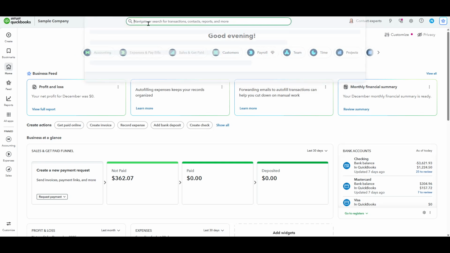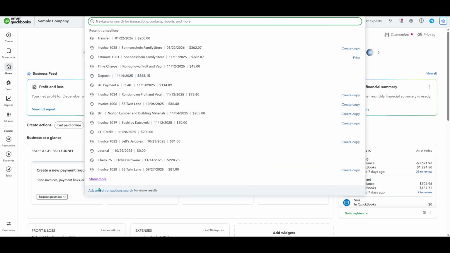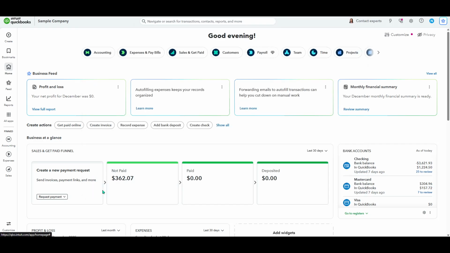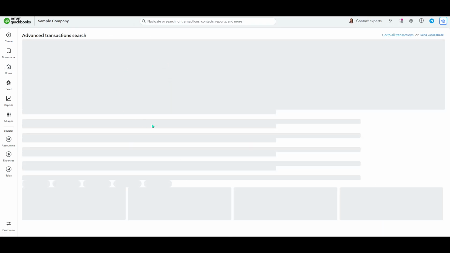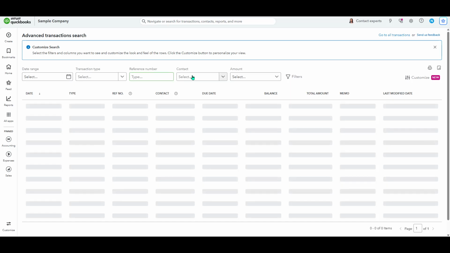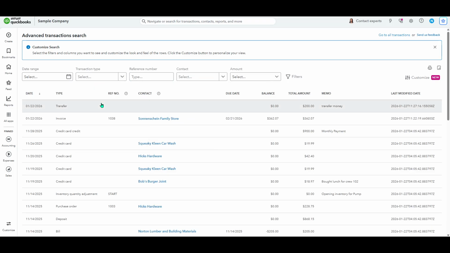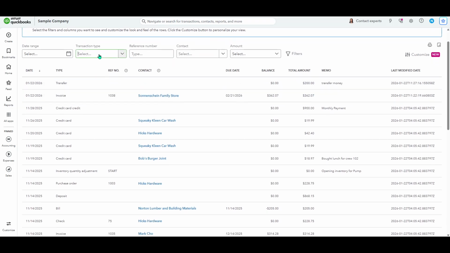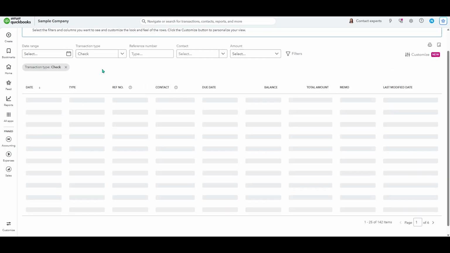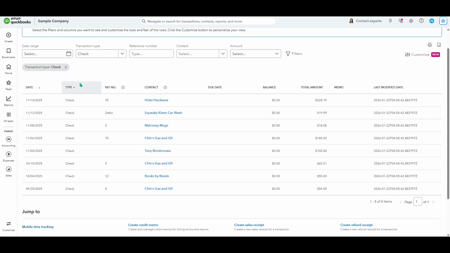Next, set the transaction type to check. This tells QuickBooks to show only checks in your results, which is especially helpful if you have a lot of activity in your file. You can narrow things down further by date, payee, or amount if you like, but selecting check is the most important filter for today's task. Once you see the list of matching checks, find the one you want to print and click on it to